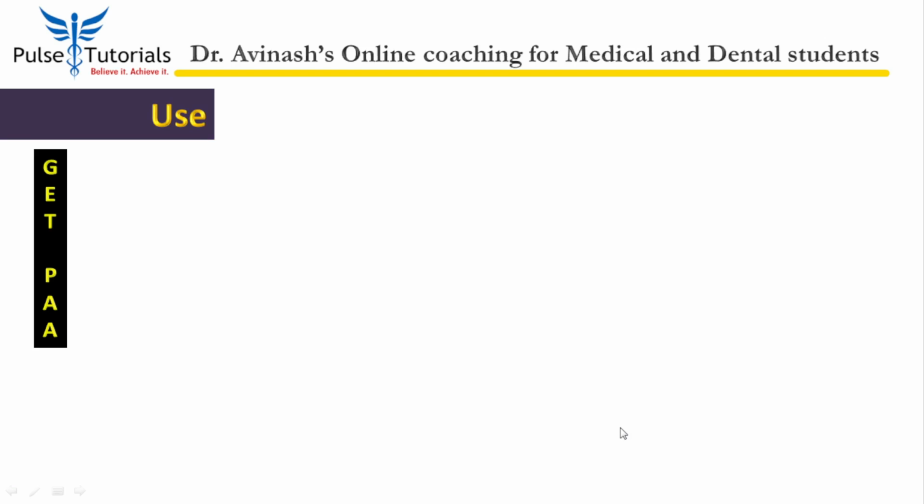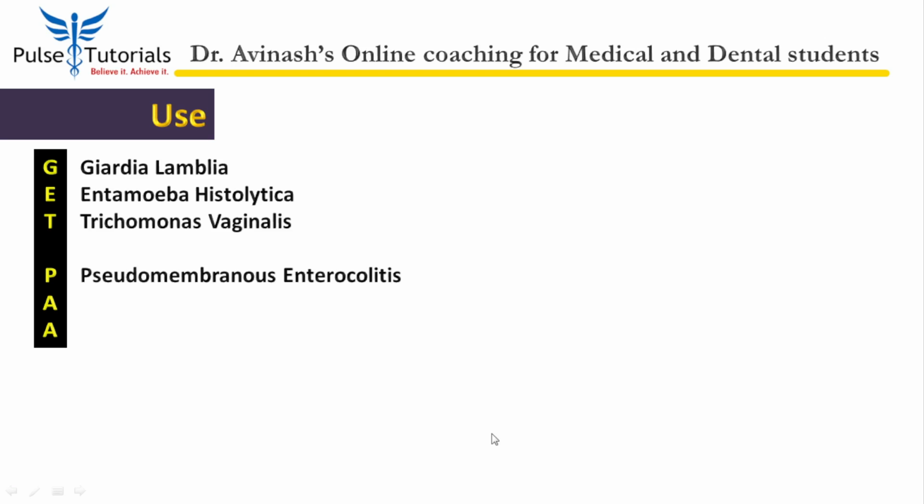The mnemonic I use is GETPA. So Giardia lamblia, Entamoeba histolytica, and Trichomonas vaginalis. It can even be used for pseudomembranous enterocolitis, many anaerobic infections including H. pylori, and acute necrotizing ulcerative gingivitis. Must know. Now, if you go through the textbook, you will understand what to write. The content is given there. You have already understood the thing. Now, there is some by-hearting part left. If you can remember the dosage, it would be amazing.